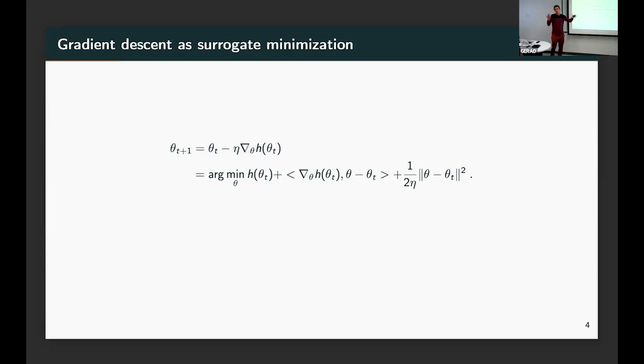So you can really view gradient descent as I'm going to do the gradient and moving the opposite direction, or you can view, who knows about EM? Expectation maximization. Okay, so this is almost like some kind of EM. So I have my function. I'm going to build a quadratic approximation of it. I'm going to minimize this quadratic approximation. That's going to make me move. I'm going to make a new quadratic approximation, and I'm going to iterate like this, right?